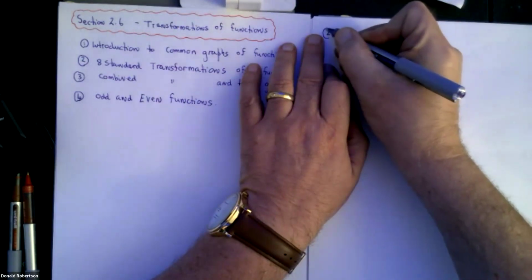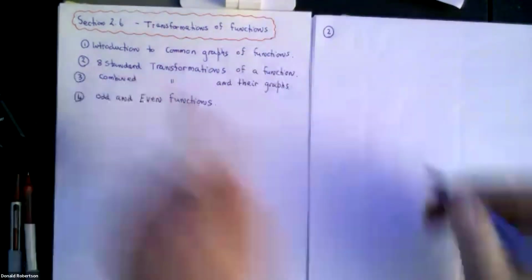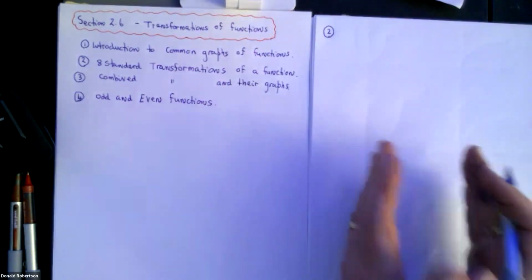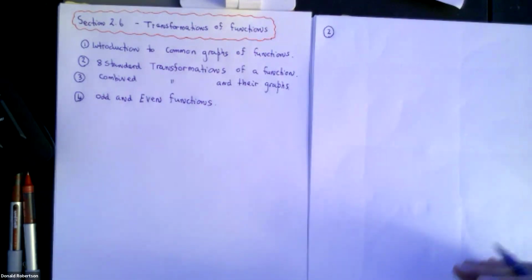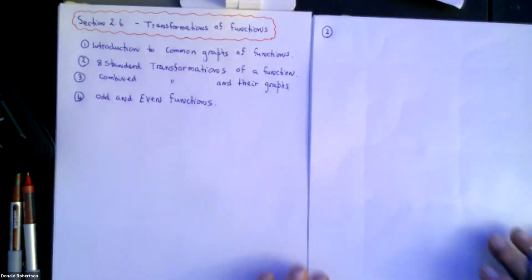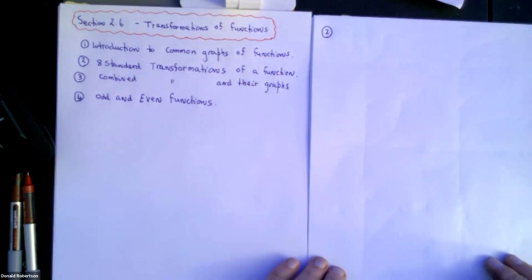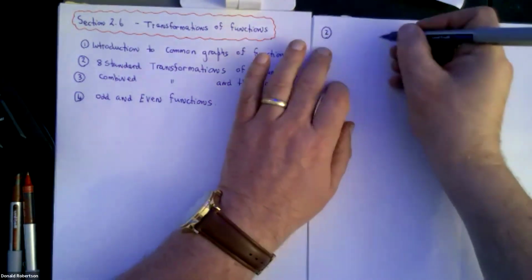Well, our second video is going to deal with 8 of the standard transformations. So you're going to have a basic building block function, and then it's going to be changed in some way. It's going to be transformed. And there are 8 major and 2 uncommon, but do happen occasionally, transformations that we need to be aware of. So let me start